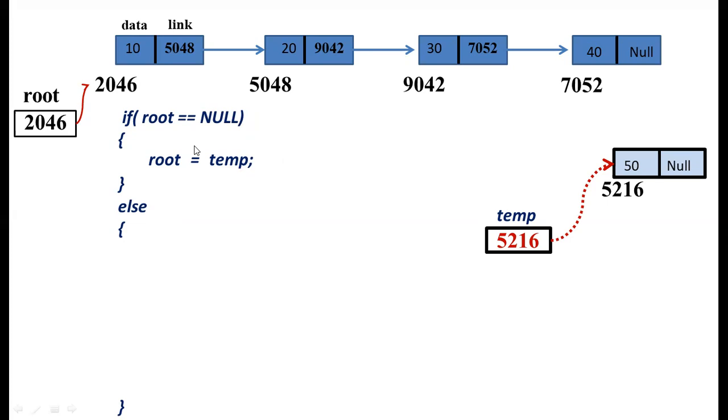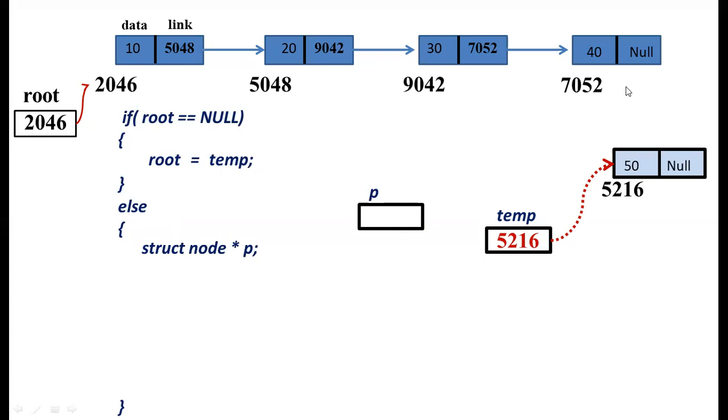First we have to travel from the first location to the last location, because we are initially at this position, connected to the first node. To connect this new node to the last node, we have to bring the control from the starting node to the last node. So what we need to do is declare one more temporary variable, of struct node pointer type. I have defined a p variable, which is a struct node pointer type. This is a temporary variable.